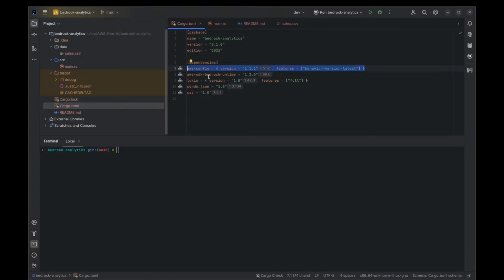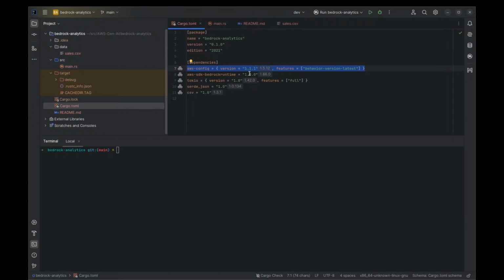So the Bedrock runtime is going to use the foundation model, and we're going to talk to Claude using this runtime. And then we have Tokio, which is a network operations library for doing non-blocking I/O. That's async. We also have the Serde JSON, which is an open source standard here for dealing with JSON. And then we have a CSV library to deal with the data.